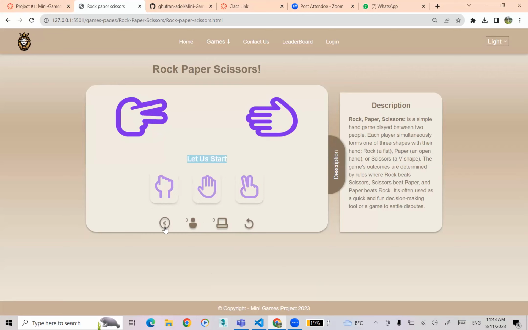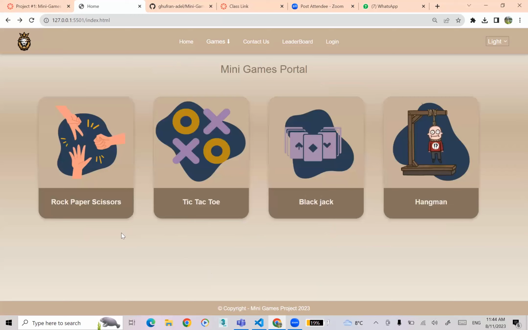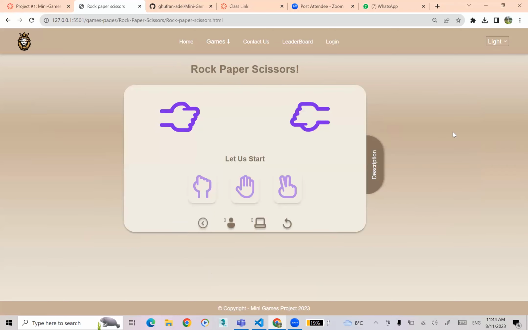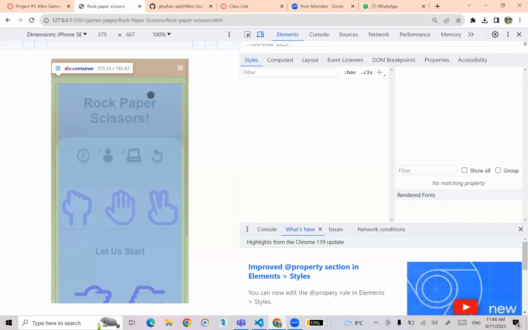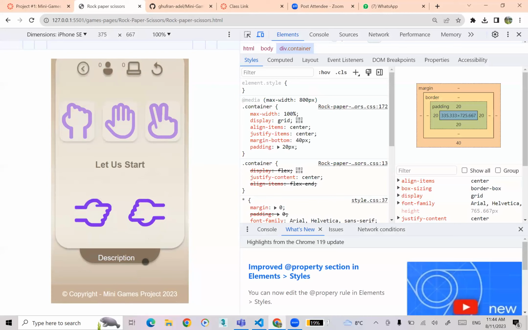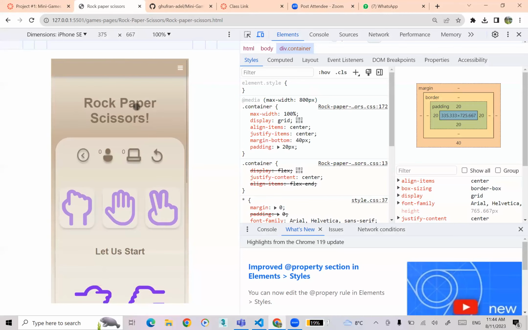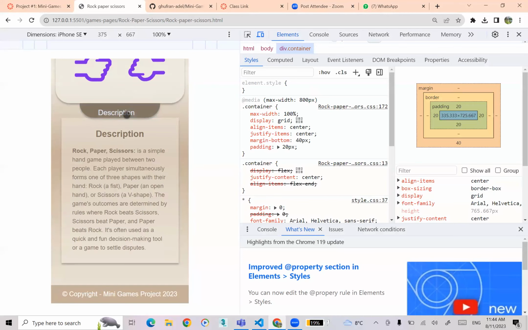And also I have a back button which will take you to the previous page that you were in. So wherever you are, it will get you back. And also it's responsive, as you can see here. Yeah, it works for both computer and mobile version. Yeah, and that's all.